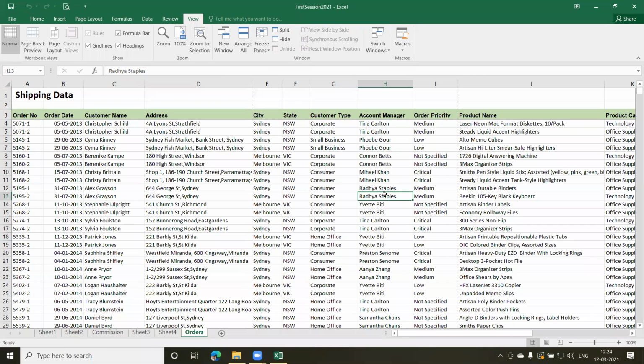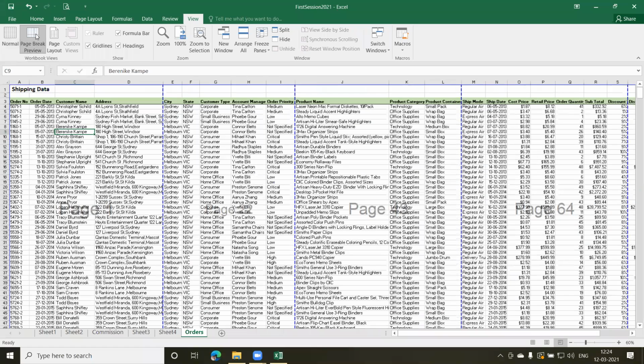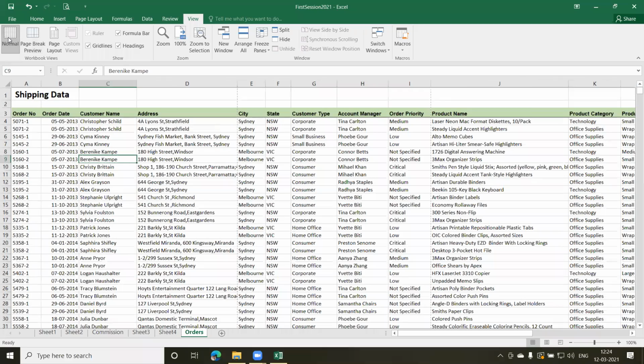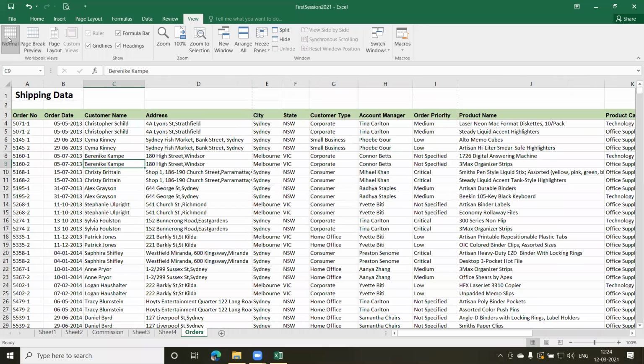We have already seen the normal view and the page break view. If you want, you can also come here. This is my normal view by default. This is my page break view. Many times you'll get files from your boss, and when you open it, you'll find it has been divided like this, and you're confused why it is like this. You have to simply go and click on normal. That's it. And you'll get the normal view. Fine. Page layout, we have already seen it.